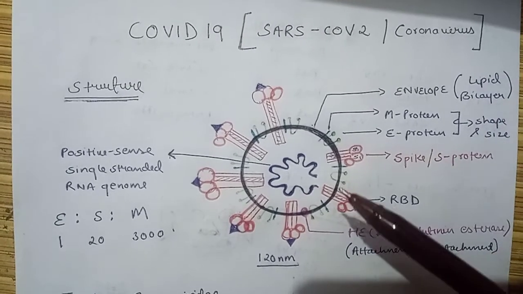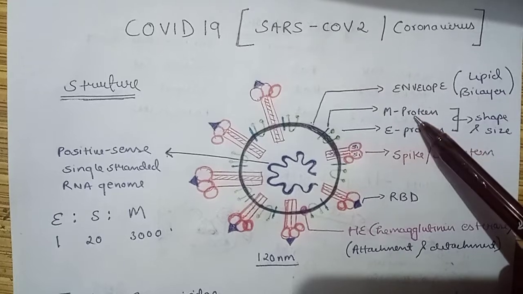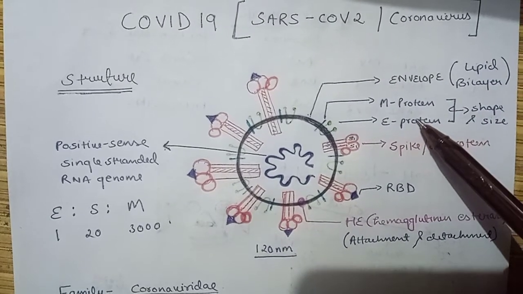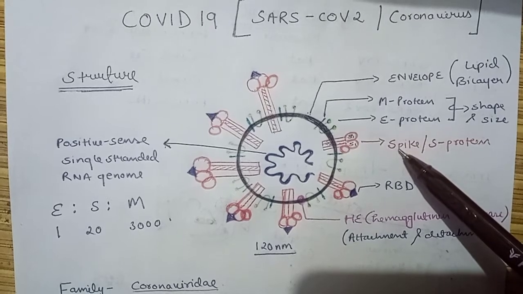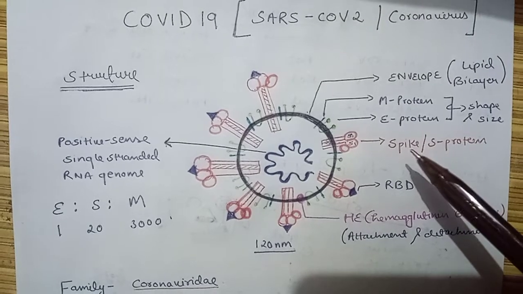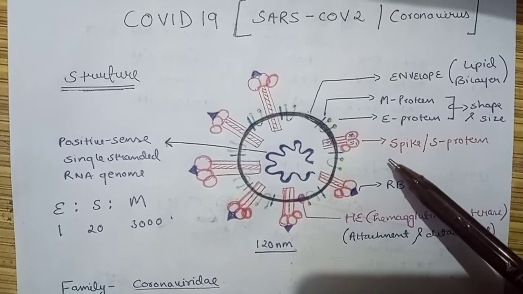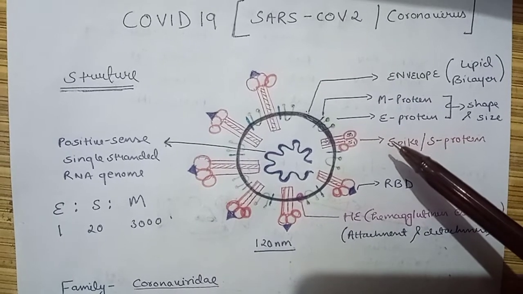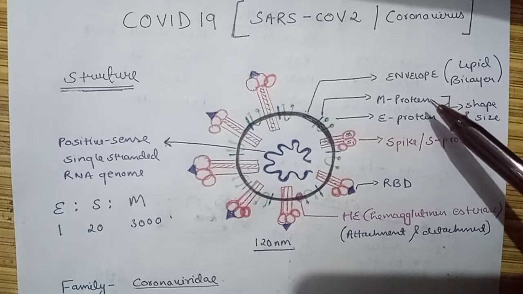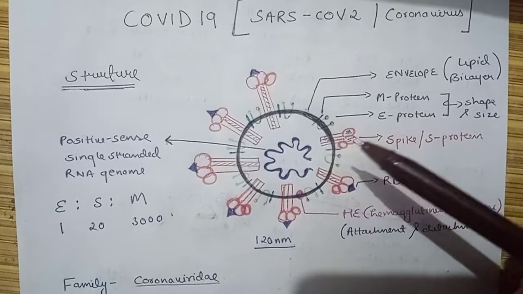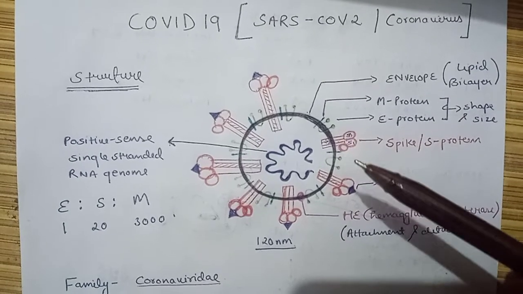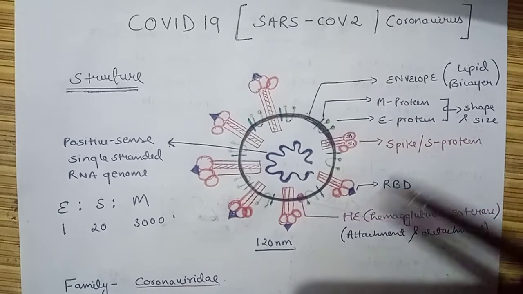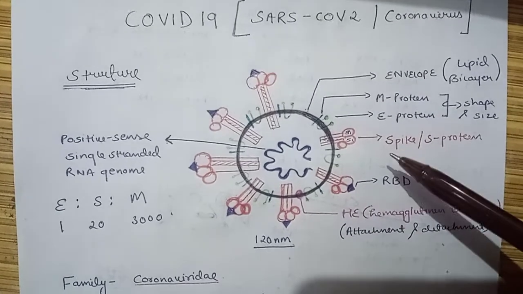The next thing we need to remember is the three structural protein that are present in the membrane of the coronavirus. These are the M protein, means the membrane protein, the E protein, the envelope protein, and the most important and crucial protein, that is the spike or the S protein. Now these three are the structural protein, but the important function in determining the size and the shape, that is the structure of coronavirus, is through the M and the E protein, the membrane and the envelope protein, whereas the